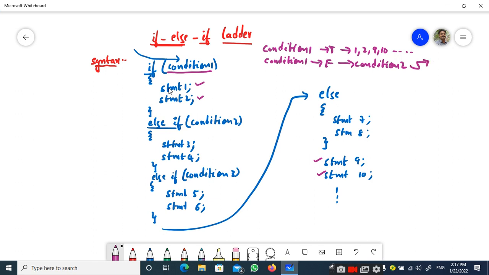If the condition 2 is true, then it will execute statement 3 and 4. After that it will execute statement 9 and 10. So here if the condition 2 is true, it is going to execute 3, 4, 9, 10 and so on. So this 3, 4 will be executed whenever the condition 1 is false and condition 2 is true. Similarly,